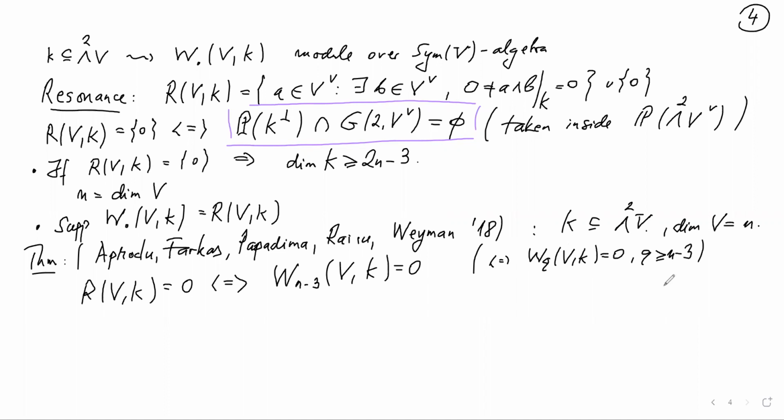I should say that from the definition of these causal modules, if W_q is 0, then W_{q+1} is 0 automatically. So we just have to find the first one which vanishes. Okay, and furthermore,